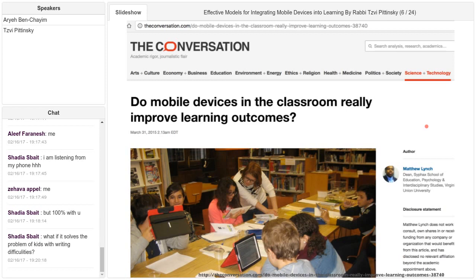But I'll give you a little bit of a summary of at least the research as I see it. So just one research study, and this is the website, you can look it up, and you see here the URL. So if you just Google the question, do mobile devices in the classroom really improve learning outcomes, I'm sure you'll be able to find this site. One thing to realize,